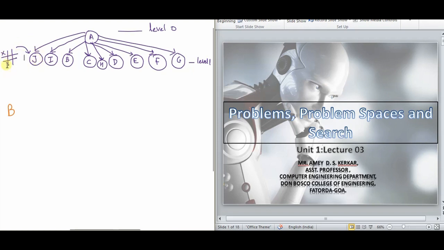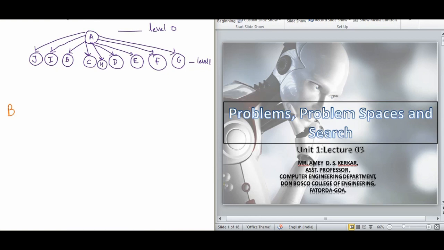Now from this configuration, it is the second player's turn, right? So the second player, player B, who is now supposed to mark O, has how many possibilities? He has 8 other possibilities. There are 8 ways how O can be marked. So from J, he has 8 other possibilities of marking.